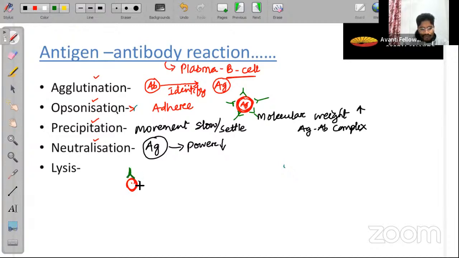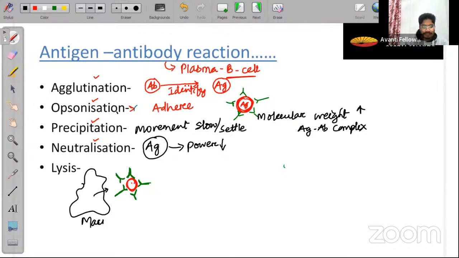I'm just trying to explain you in a storytelling method. Story के हिसाब से मैं समझाने की कोशिश कर रहा हूँ इसको, ठीक है? Exactly ऐसा नहीं होगा, but story के हिसाब से मैं समझाने की कोशिश कर रहा हूँ. This is how it will happen. So now what will happen? The macrophages, they will come. These are the macrophages. They will come and they will engulf. Macrophages, they will engulf. अभी macrophages आए